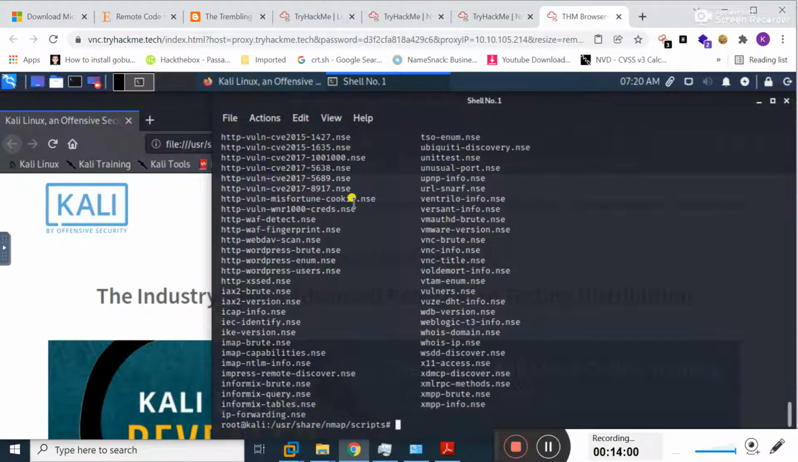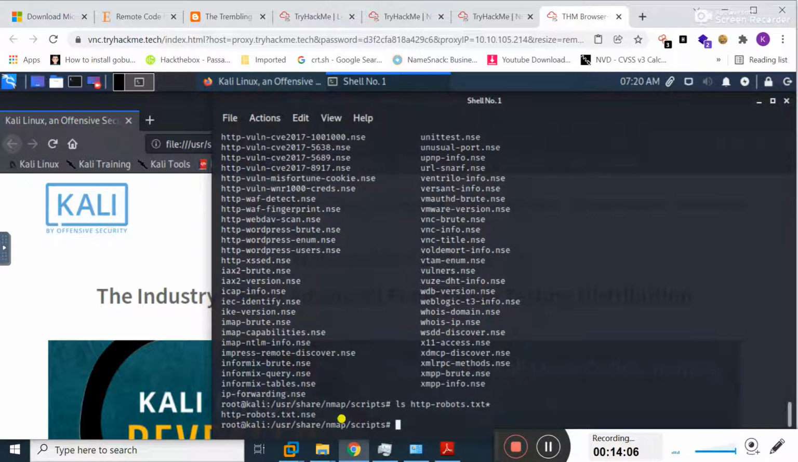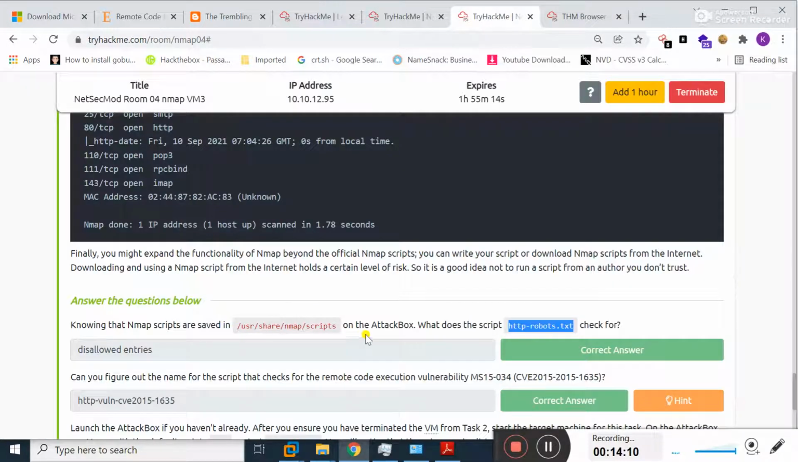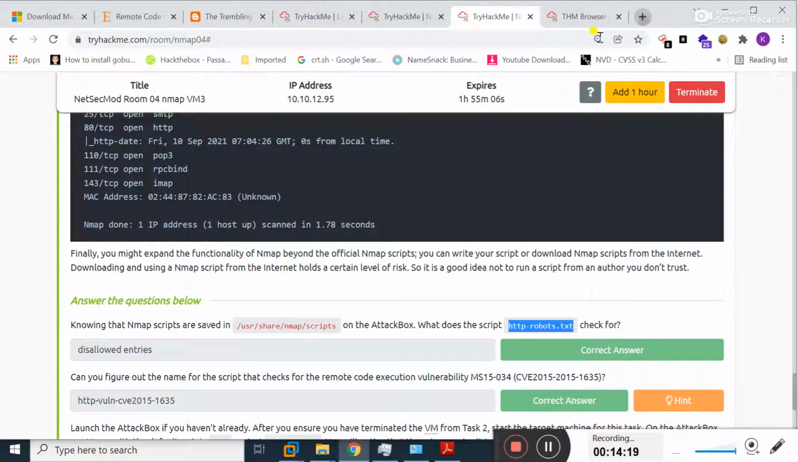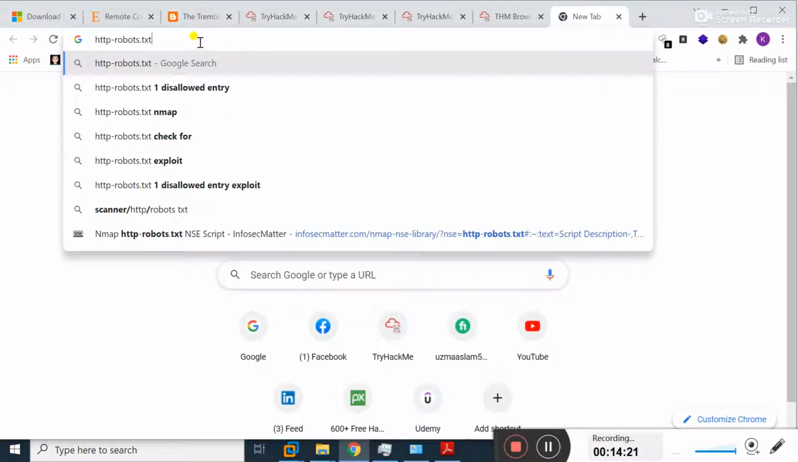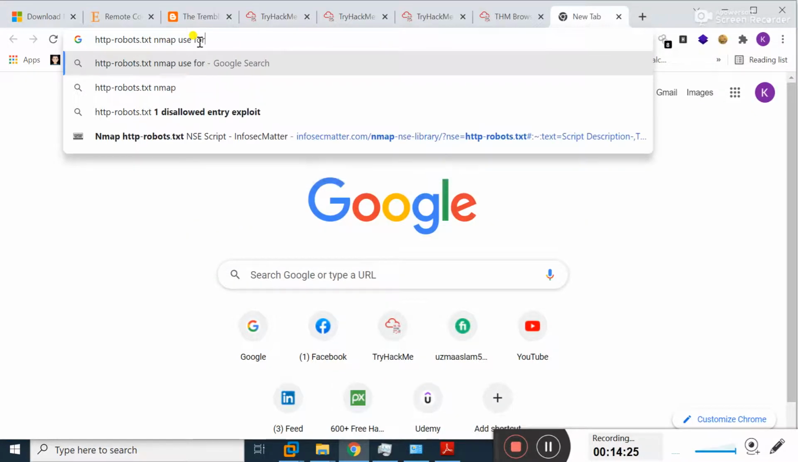Okay, now if I type here, see here the robots.txt script is present. The question is basically what does the script http-robots.txt check for? You can Google about it in order to find the answer to this question. Robots.txt Nmap use for